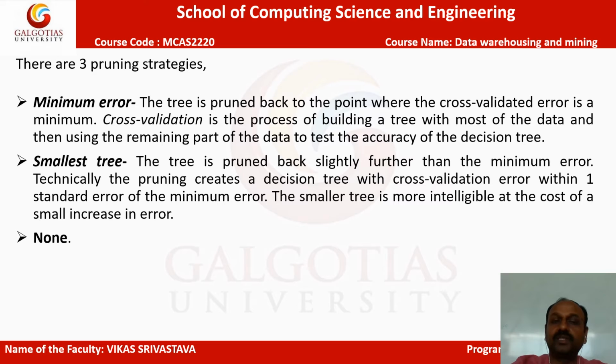So these are some basic strategies: you must minimize the error. You can reduce it to the smallest tree, and otherwise none. What is the advantage of that? You need to minimize that error. It means that on the different decision levels, you need to check their errors and compare them, and whichever is higher, you have to minimize that error. On the basis of that minimization, you will cut the tree. Okay.